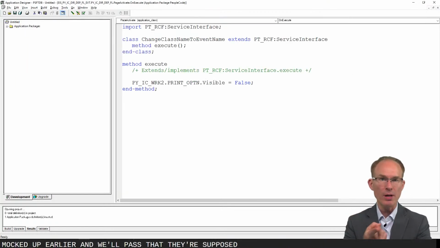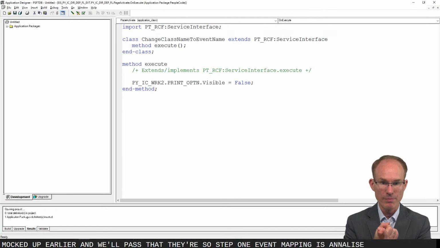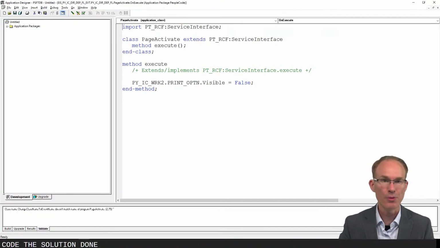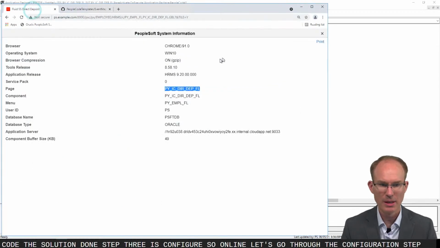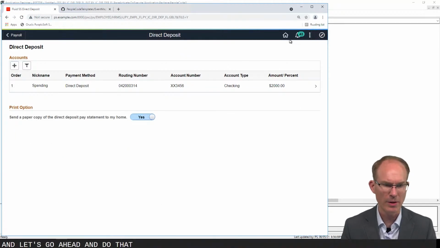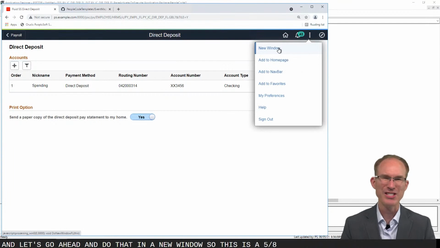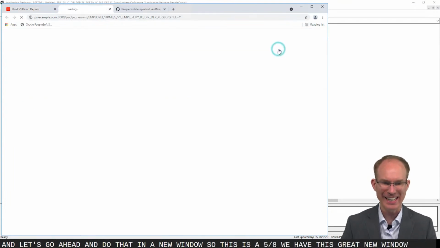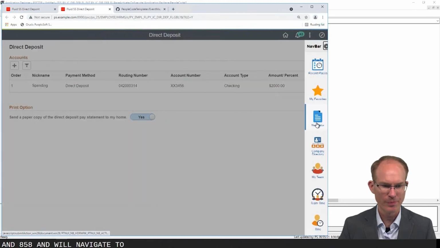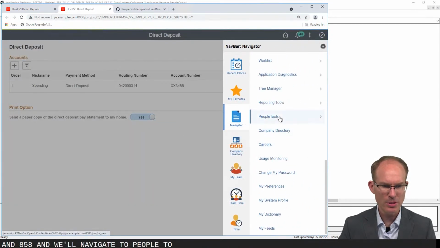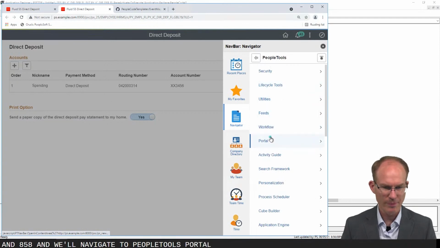Okay, so step 1 of event mapping, analyze, is done. Step 2, code the solution, is done. Step 3 is configure. So online, let's go through the configuration steps, and let's do that in a new window. This is 8.58, and we have this great new window link in 8.58. We'll navigate to PeopleTools, Portal,